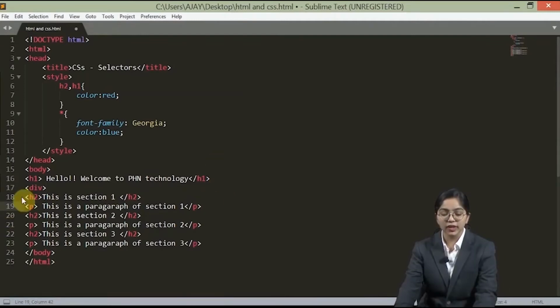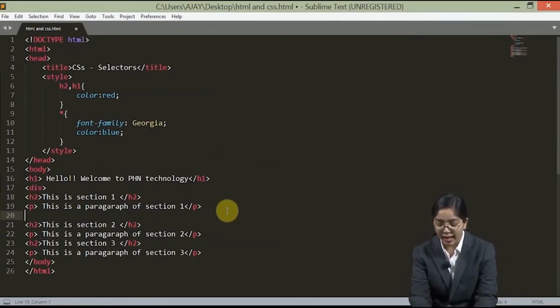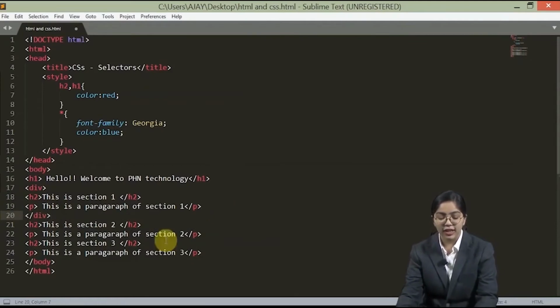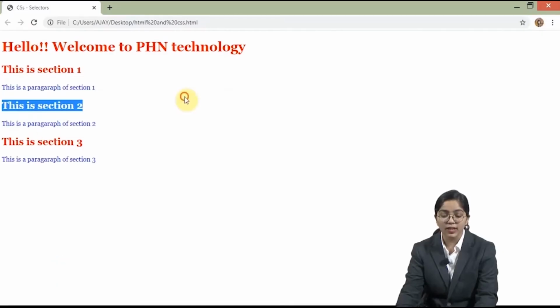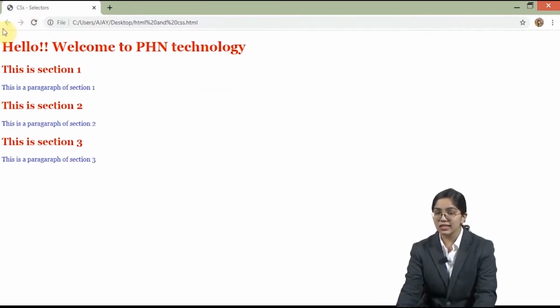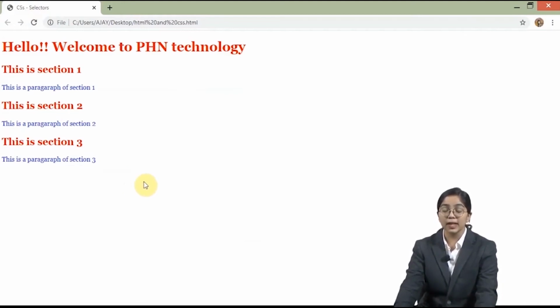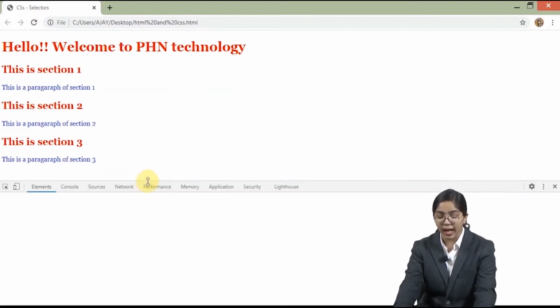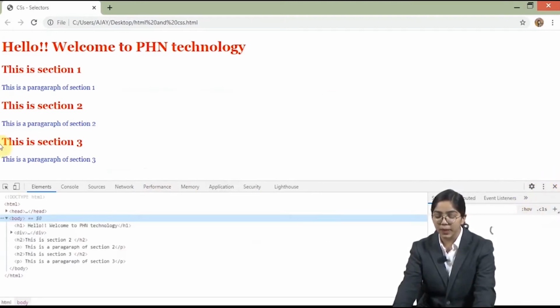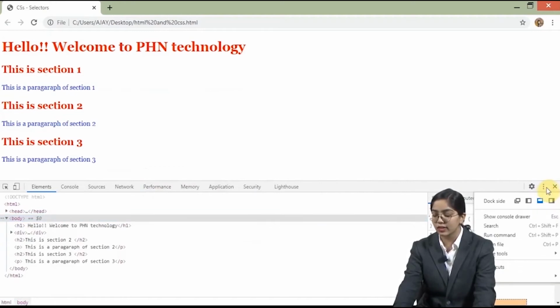Okay, so this is where my first section starts and here where it ends. Now let's just see for ourselves how the div looks. It hasn't changed this particular section, okay, but if we inspect this, so to inspect we can press Ctrl Shift I. Now I have changed the position of my inspect panel using the 3 dots here.